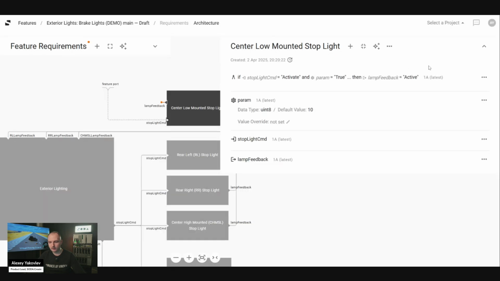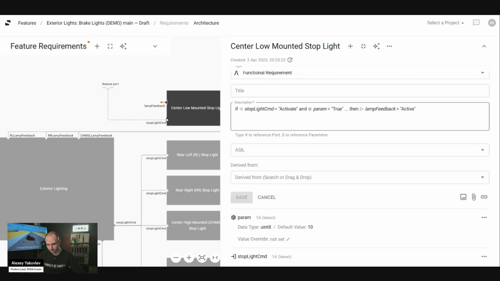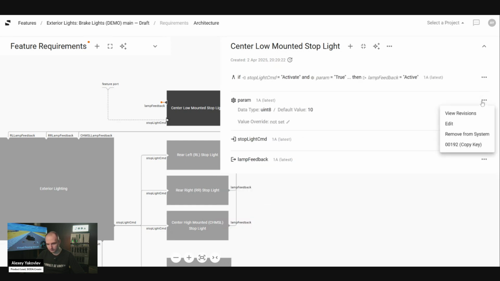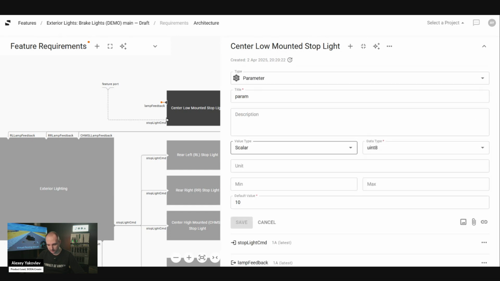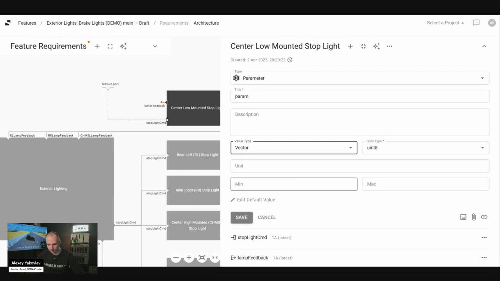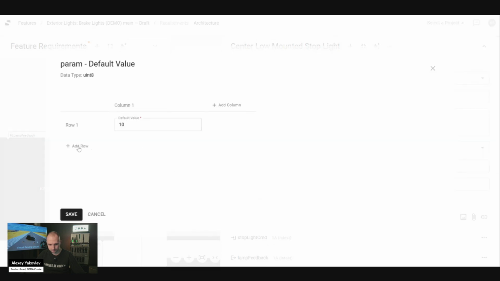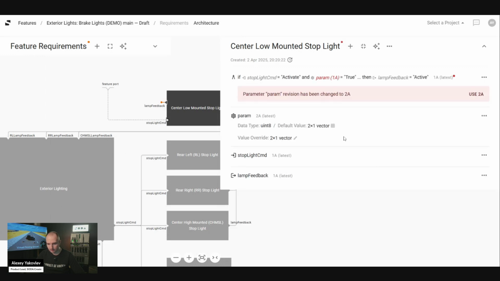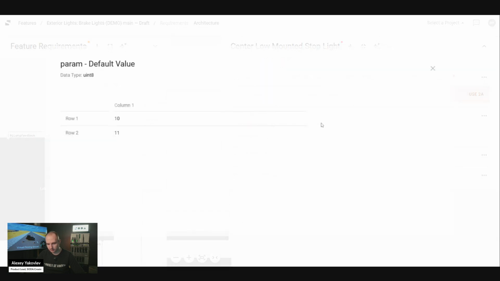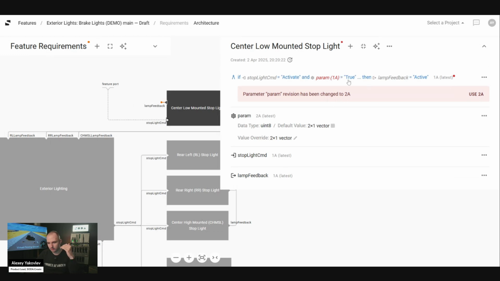And this also allows for an easier way to create a quality design. Because, for example, let's say, it's actually a uint8 parameter. So, let's say I somehow modify my parameter, right? So now it's actually a vector with like 2 rows. So basically, this is not compatible anymore